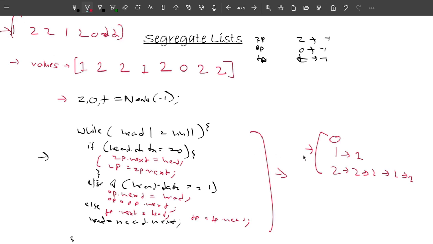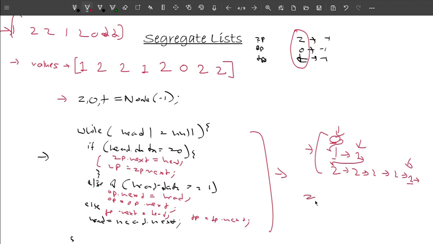Okay, once we have created these lists, the task is just to append these lists to the end of each other so that I can have a complete list of 0s, 1s and 2s, right? And at last I have to do two pointer dot next equal to null, right? So two pointer, one pointer, and zero pointer are pointing to the last value, and these lists are pointing to the head value, right? So see, in order to append the end of this particular list to the head of this